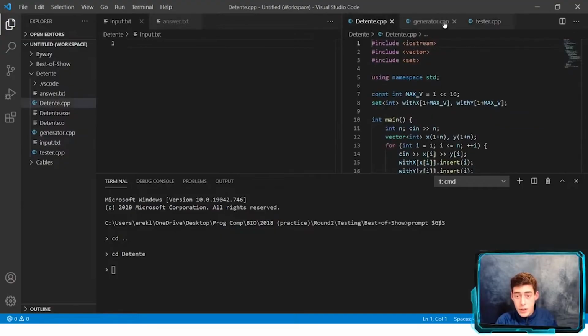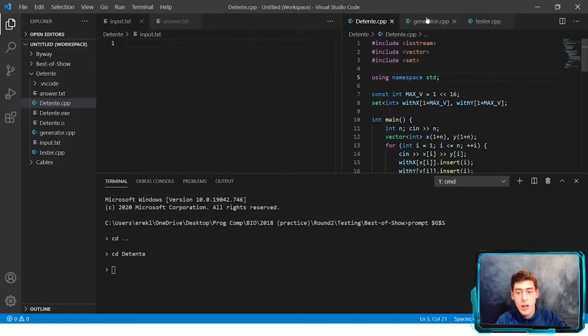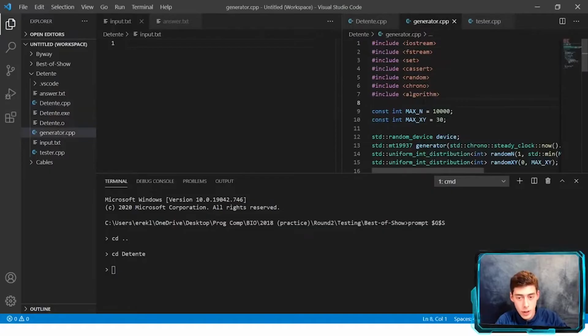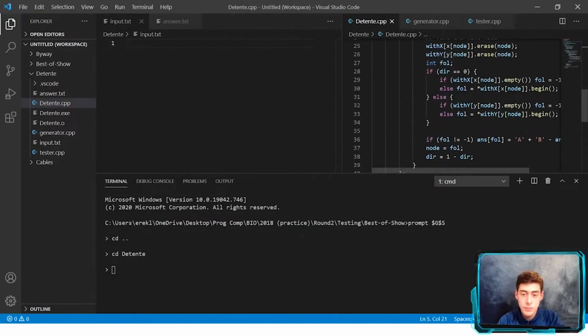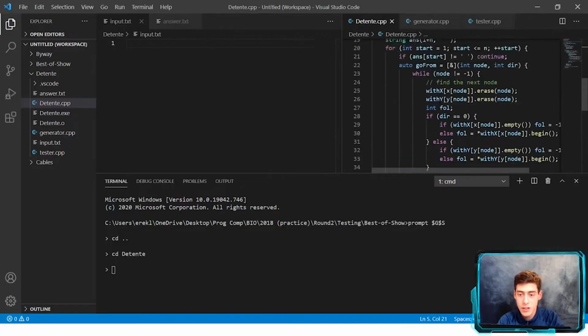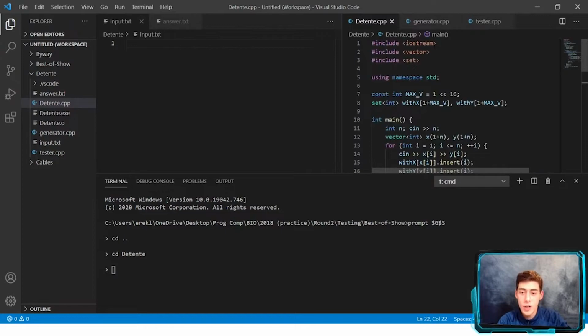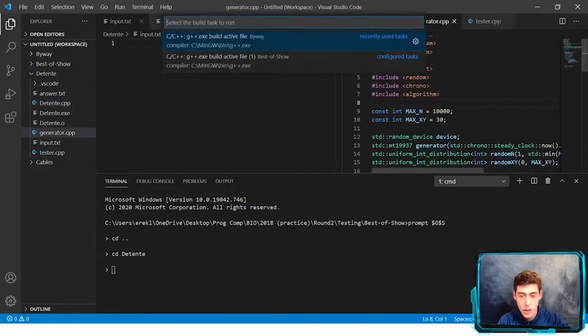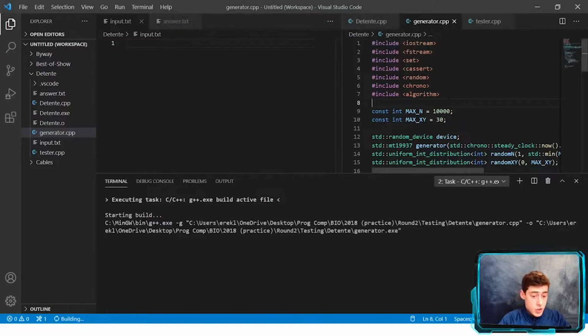So yeah, this should already be compiled, and I think VS for some reason doesn't like lambda functions, so I'm not going to compile it again, but I'm going to compile these because these haven't been compiled. So the generator,